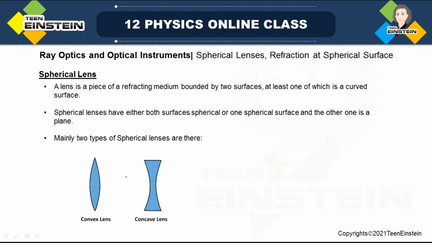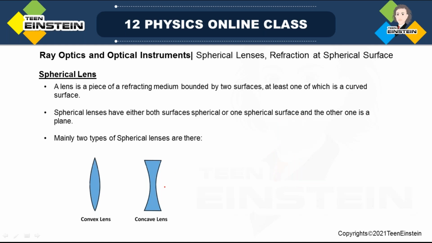So what is a convex lens? Convex lenses are those spherical lenses which are thicker at the middle. At the center, these are thicker. This portion is thick compared to the edges. Compared to the edges, the middle or center portion is thick. So these kinds of lenses are called convex lens, or in other words, this is bounded by convex surfaces. That's why it is called convex lens. Okay,